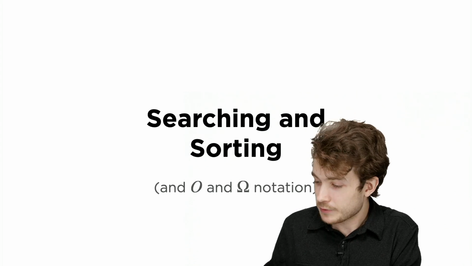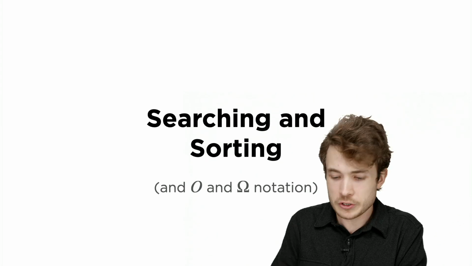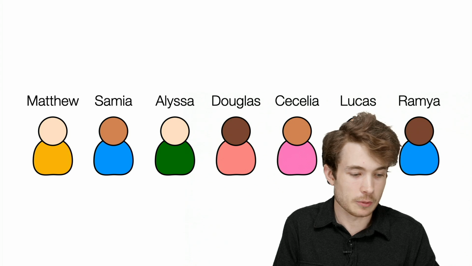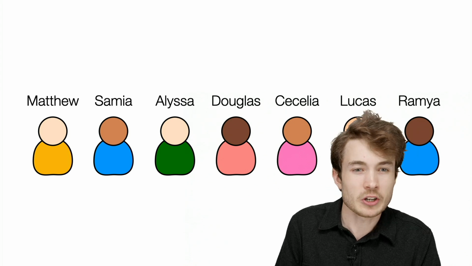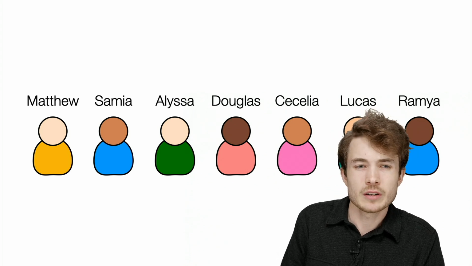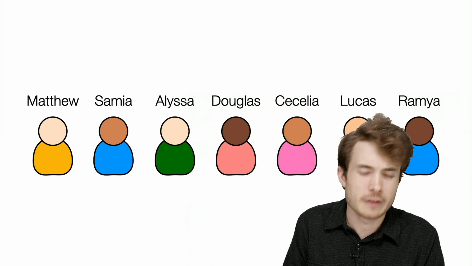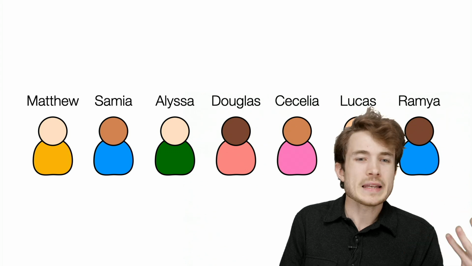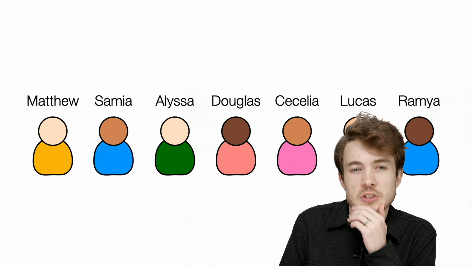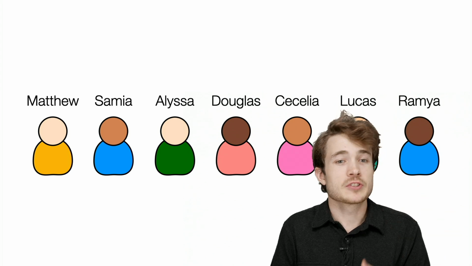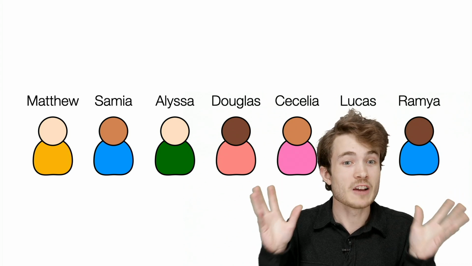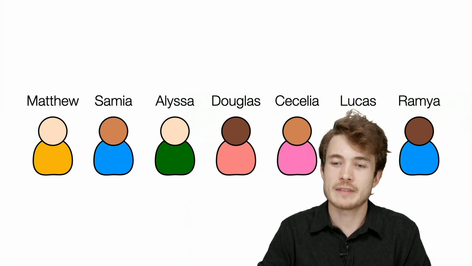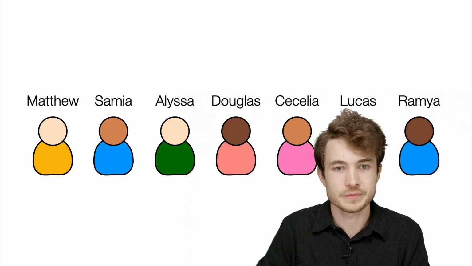Now, let's go back as a bit of a review and think first through some searching algorithms. So here I have a list of people you can see on my screen. And currently, what do you notice? I think people here are not quite sorted by name. We have Matthew first, then Samya, then Alyssa. So it isn't quite in alphabetical order. And if I could ask you all, what is the algorithm we might use to search, in this case, an array of people, if we know the list isn't sorted? What kind of algorithm could we use in this case?